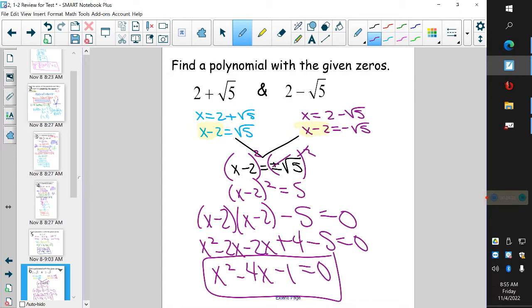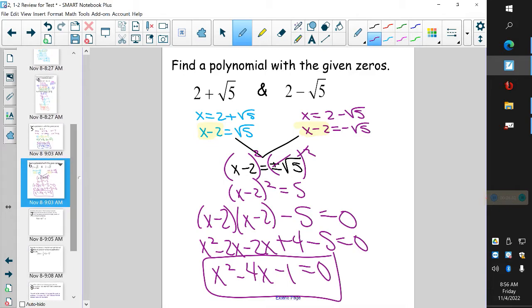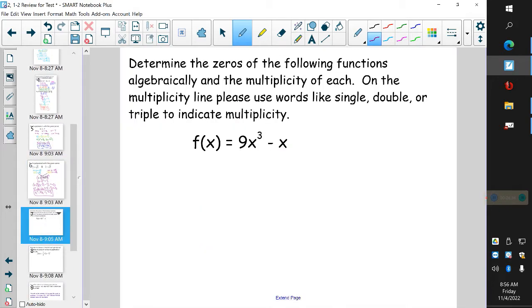It is on the test, people. You have to make sure you understand how to do it with the square roots. Can we do it? Wonderful. Okay, that brings us to our next topic, which is determine the zeros of the following functions algebraically